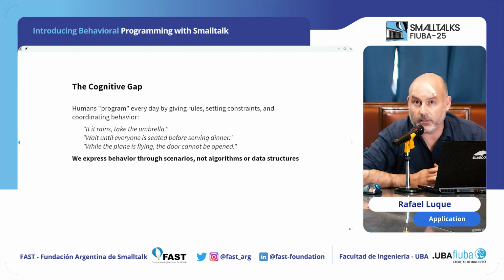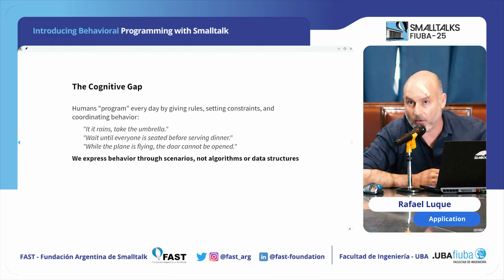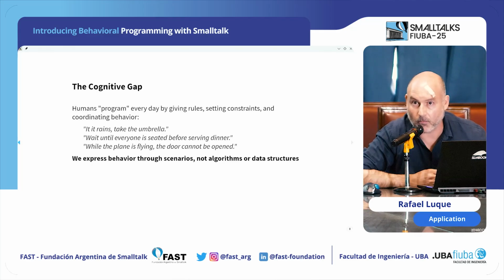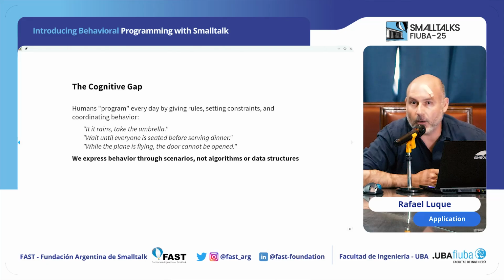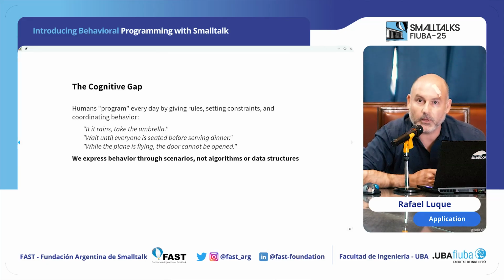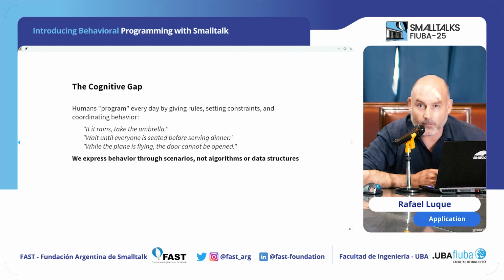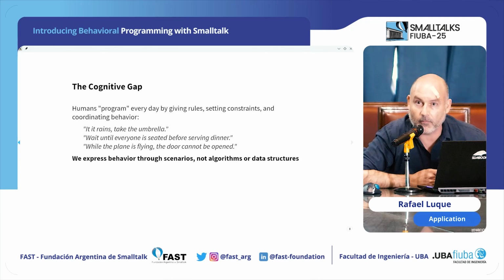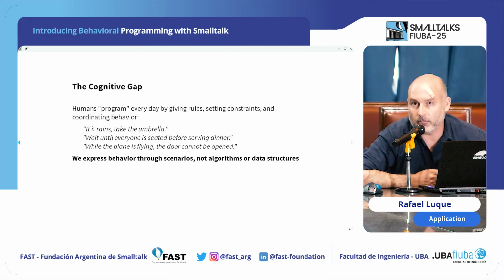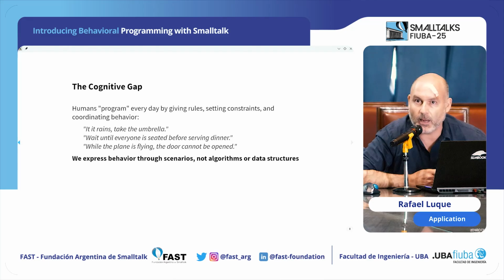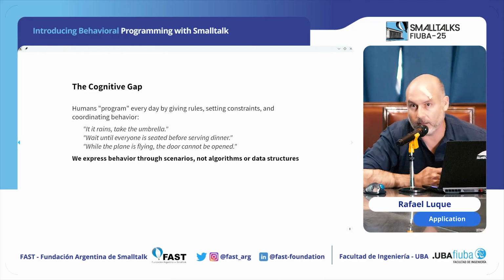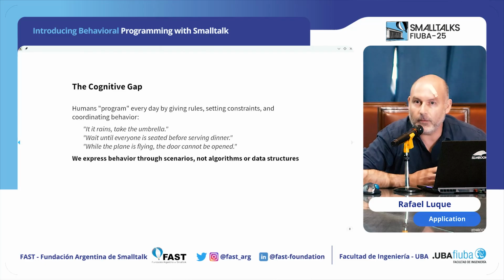For instance, microservices coordinate, interchanging events through a kind of messaging bus, like RabbitMQ or Kafka or whatever. We can think of a microservice that emits and publishes an event in a RabbitMQ exchange that is rain started. And we have another microservice that consumes that event and reacts to it. And it can react by taking the umbrella. So it's a different way of thinking about programming, more than programming, a way to express behaviors that allows us to run it in a machine after that. I think that if you come to the hands-on workshop, maybe it's going to be more illustrative because we are going to play with something a bit more complex than the Hello World, that is a very silly example to show